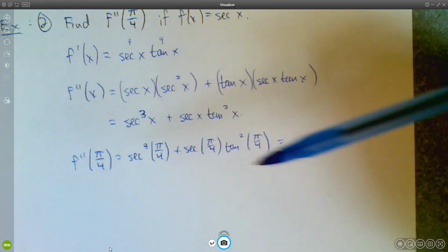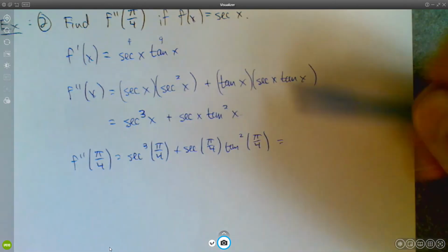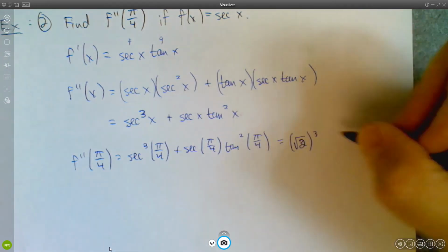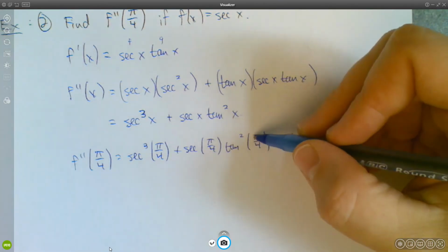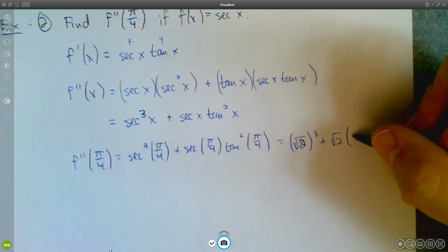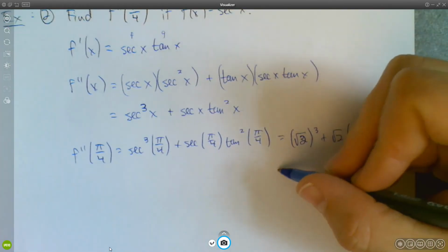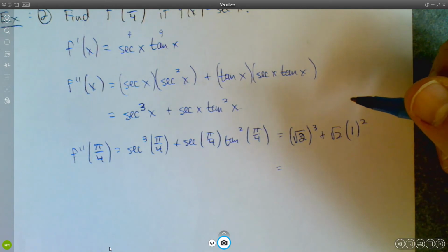So let's see, secant is 1 over cosine, which is root 2 over 2. So secant of pi over 4 is root 2, right? So this is root 2 cubed plus root 2 times tangent of pi over 4, which is 1 squared, right? Okay, so root 2 cubed would be the square root of